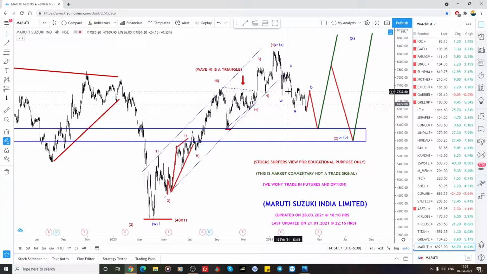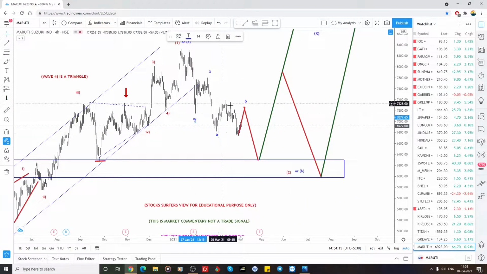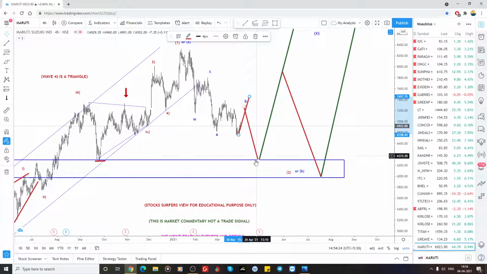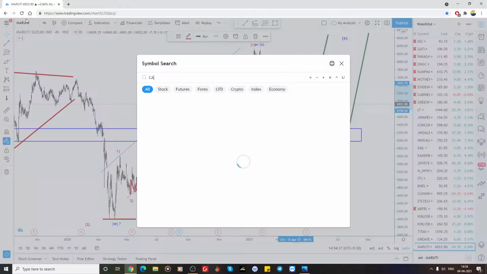So Maruti, I'm expecting the five-wave structure has been completed. Now the three-wave structure has to complete. So in that it has converted into WX. So again A. Now it has already broken the wave A length here. So now I consider this as a running flat, or it could be an expanded flat and one more down. So in any condition, I'm looking to buy at the 6,000 zone, 6,000 to 6,100. In this zone, I'm expecting to complete that structure. So next is Castrol Oil.